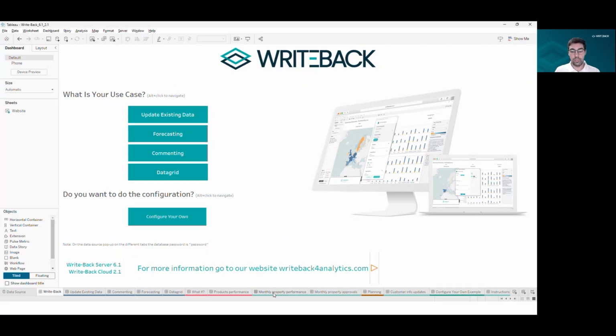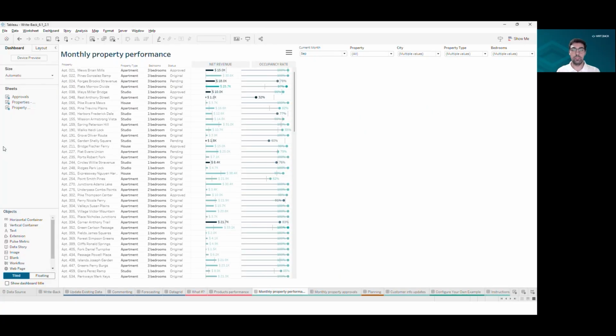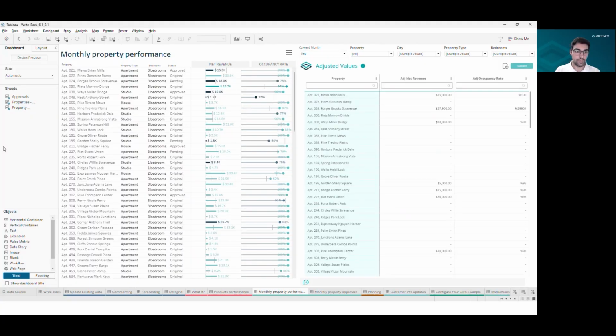And to start the demonstration today, I'll go to a use case that we see requested a lot as well, where we can see a list of items, and then we want to change certain values. But at the end of the day, we actually want these values to be approved by someone before they're actually effective. So in the context of what we have here, that's for apartments, checking their performance based on revenue and occupancy rate. And a business user can come in here and make their adjustments, either based on incorrect data, or